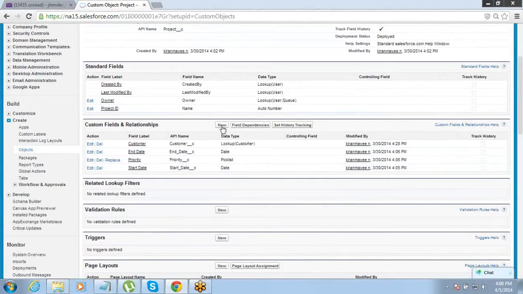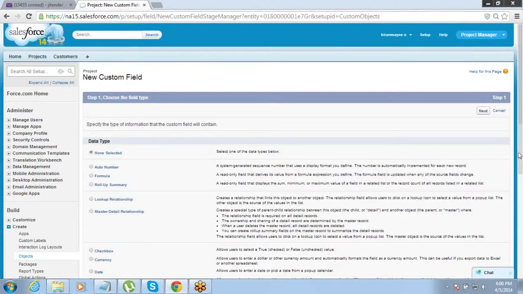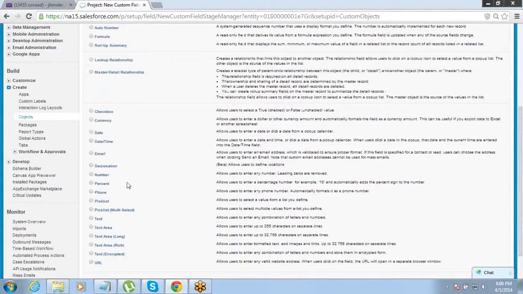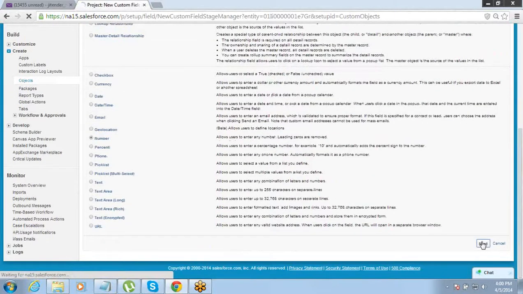What should be the field type for this duration? It's going to be number of hours, so it should be a number.